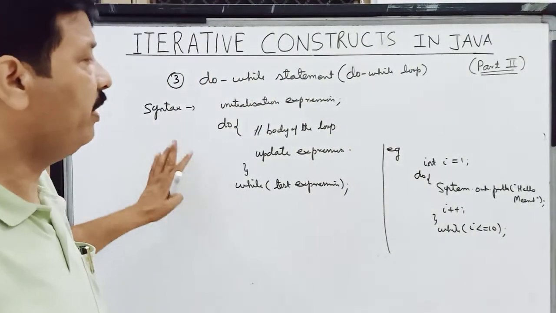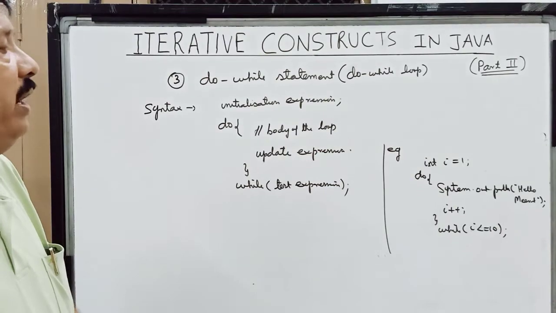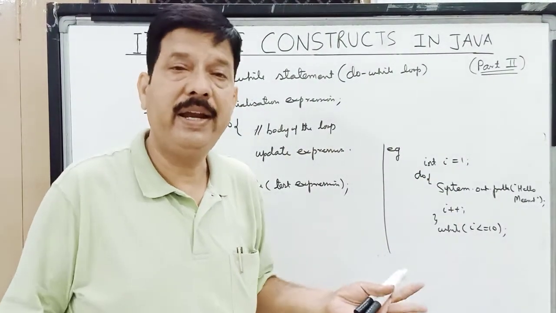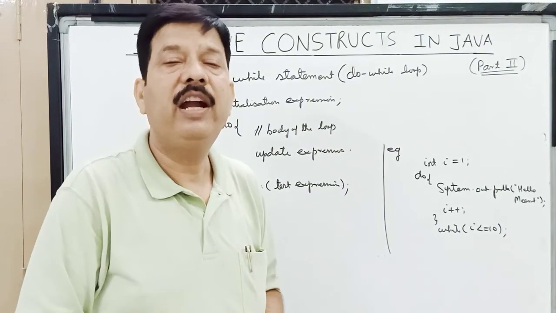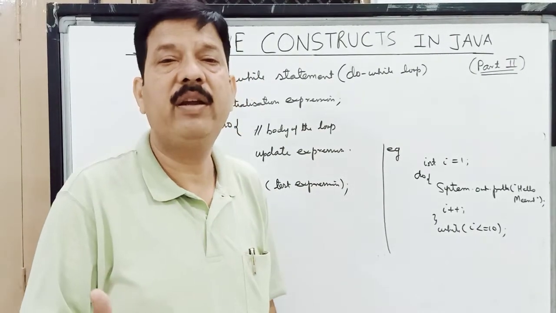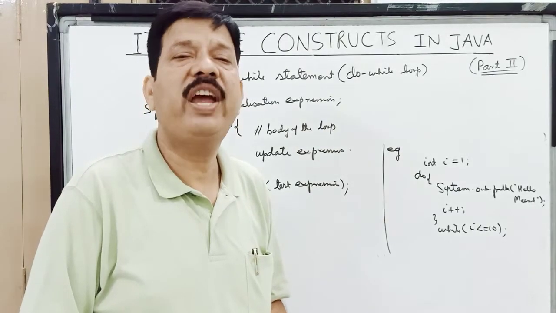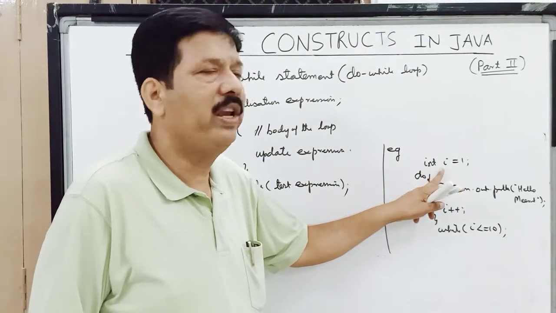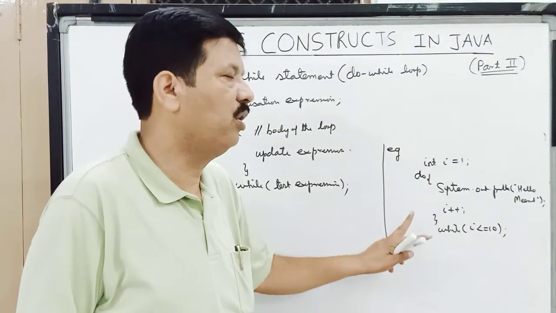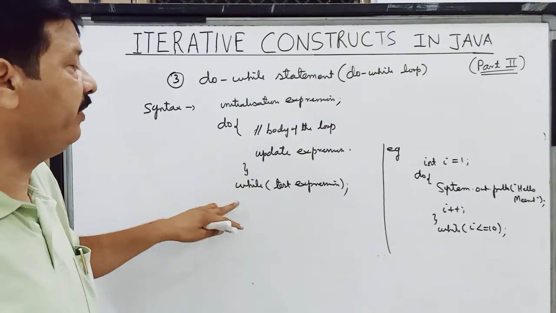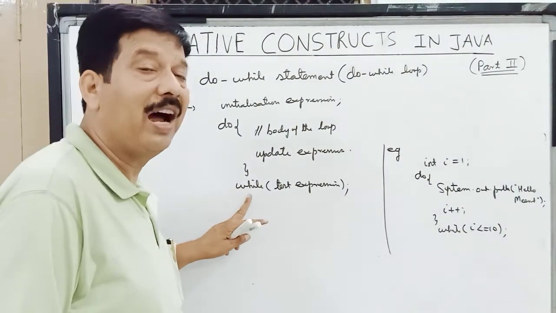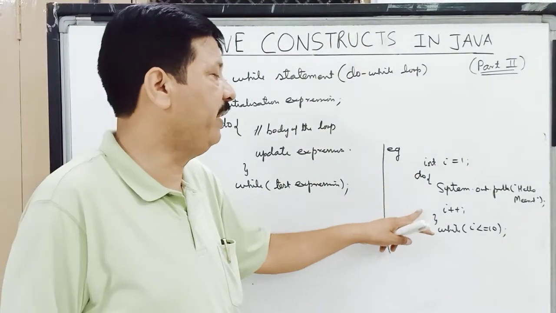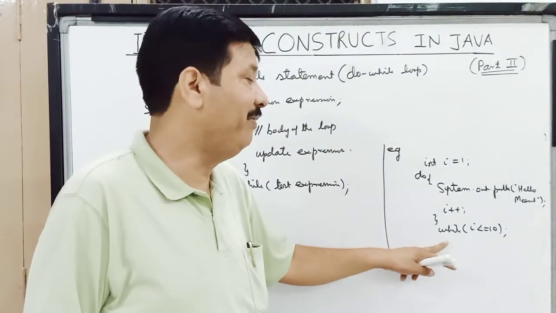Now children, one more thing I have to tell you over here, that the control variable here also may be of any data type. It may be numeric, it may be character, it may be boolean, it may be string. So you can use any data type in the control variable, and your control variable is going to control the execution of the loop. But here, since it is an exit control loop, the test expression is checked after the loop gets executed. So we say that this loop gets executed at least once, even if the test expression is false.